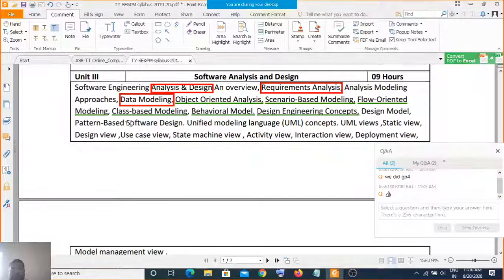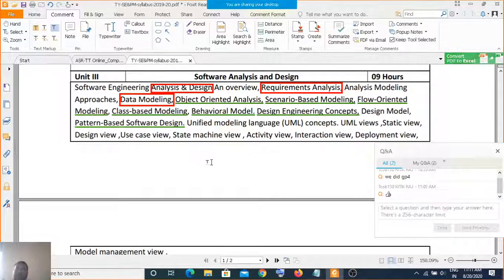What is pattern based software design? For a particular thing, there is a particular type of process. For example, suppose you want to make tea, whether you are making tea in India, in America, in Ghana, on the moon, or on Mars, the ingredients will remain the same. The process will more or less remain the same, so the pattern is always the same. That is called a cooking pattern. So no matter what type of vegetable you want to cook, what type of dish you want to prepare, the cooking pattern for a similar type of dish is always the same.